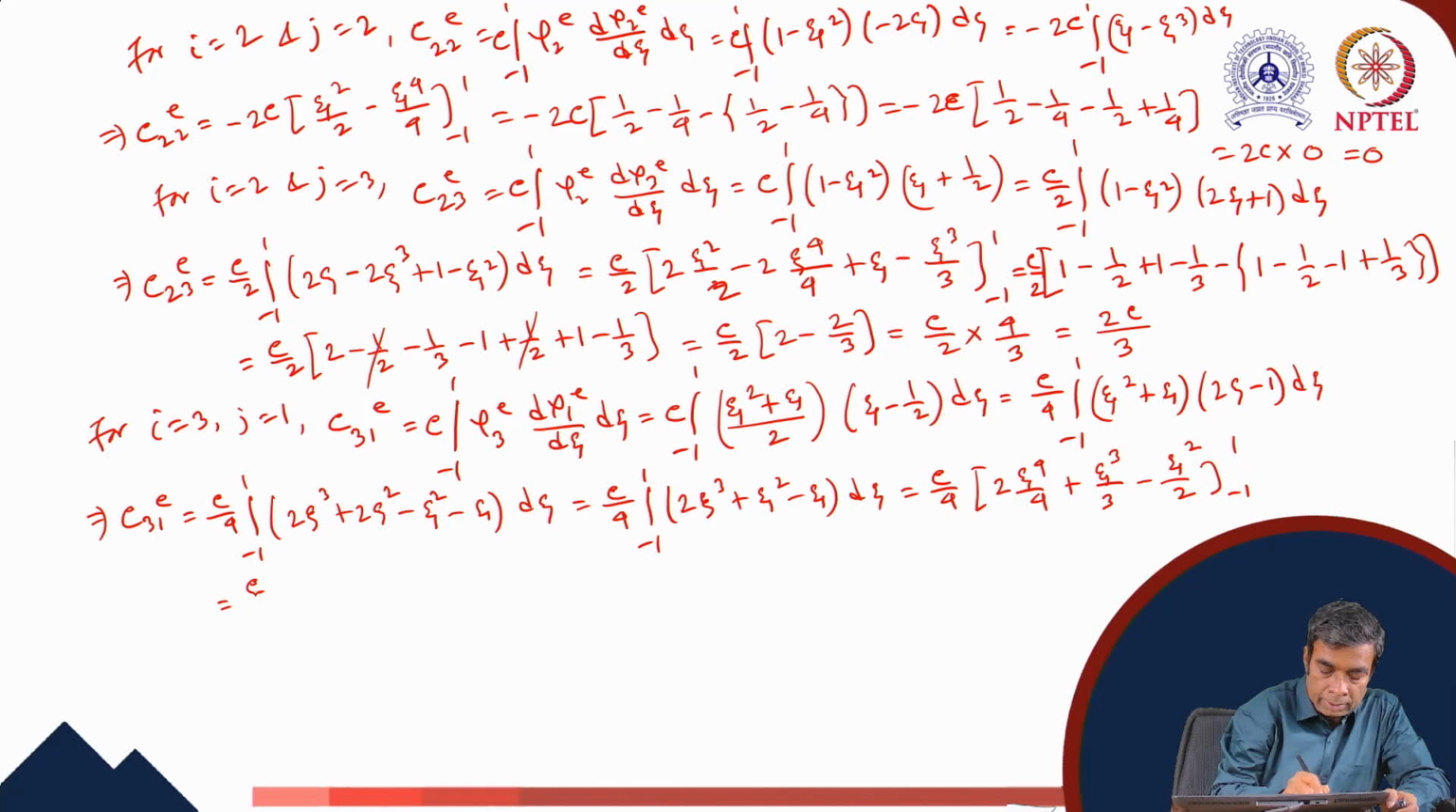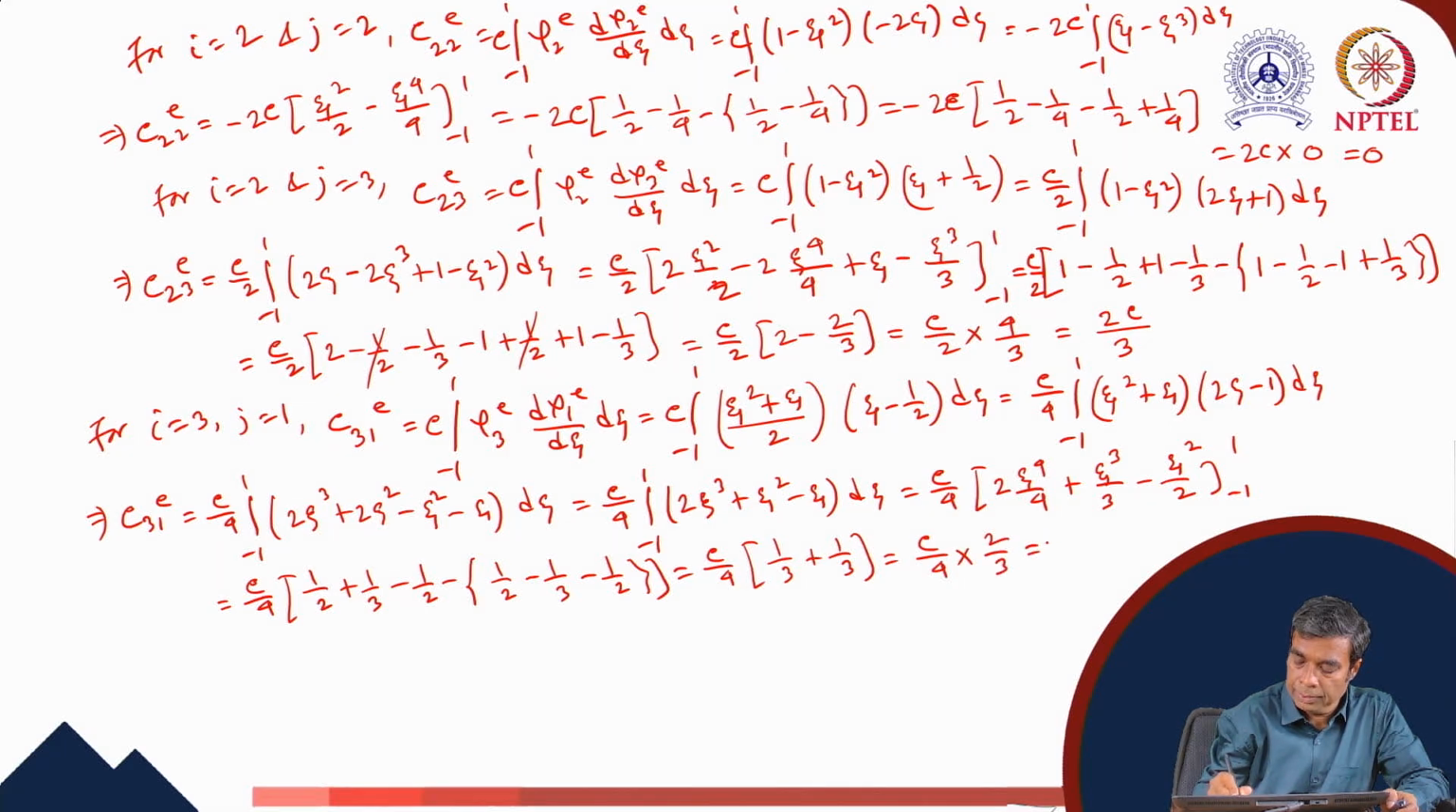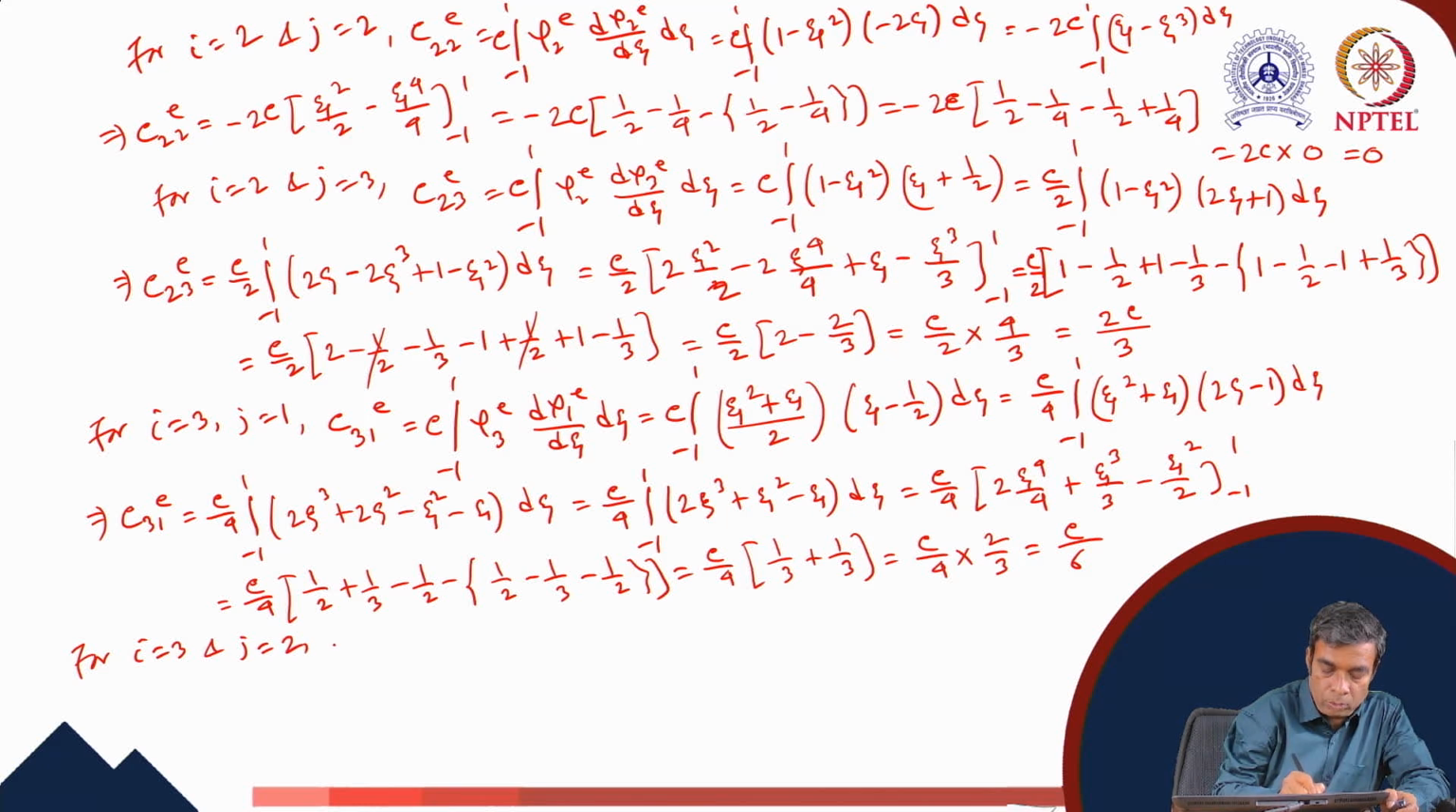This gives us c by 4 into 1 by 2 plus 1/3 minus half minus half minus 1/3 minus half equals to c by 4 into 1/3 plus 1/3 equals to c by 4 into 2 by 3 equals to c by 6. For i equals to 3 and j equals to 2, we get C32e equals to